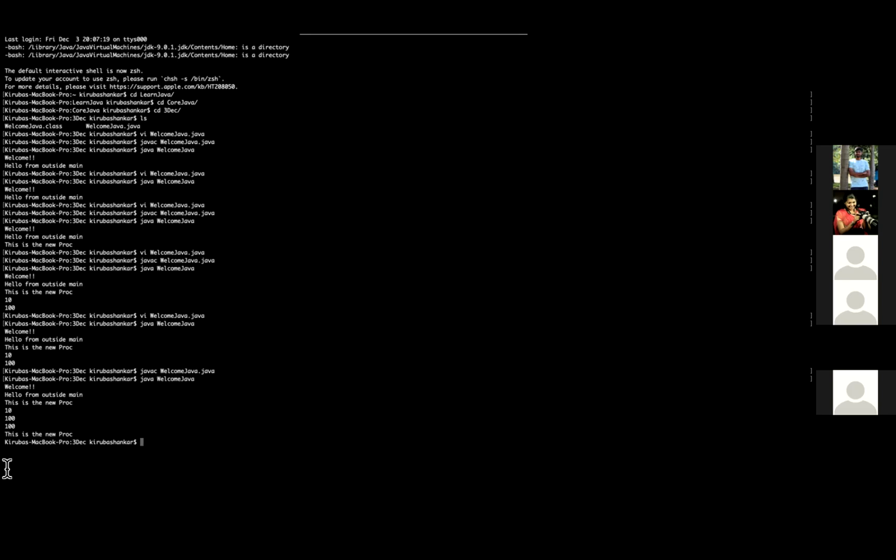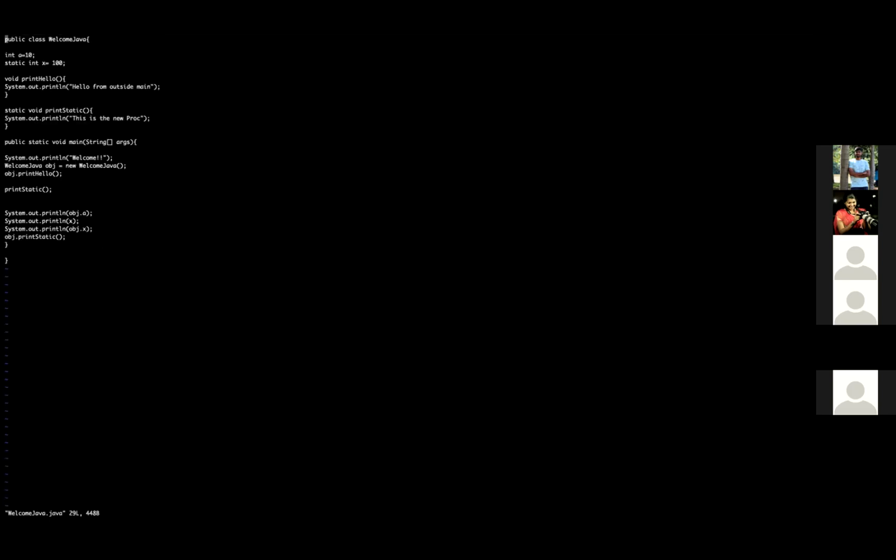Can you open the code once, Kripa? Yeah, Kripa, you can share your screen till others get an idea on it. And why are we giving the last line object.print static? That is a static method. Earlier, he invoked the static method without an object reference. Right now, he has invoked the static method with an object reference.